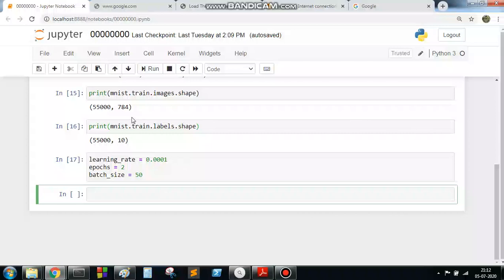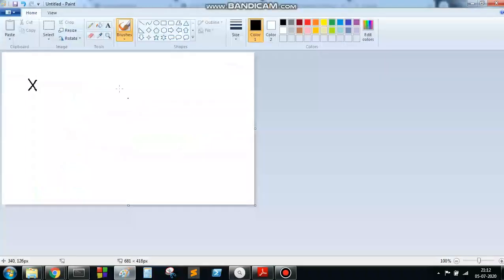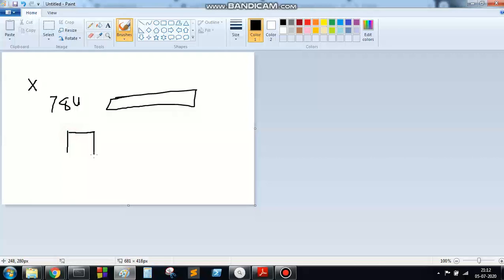Then how is this 784 actually coming? Let me explain. X is a 784 column vector. But how does this happen? Because each image in the MNIST data set has 28 rows and 28 columns.